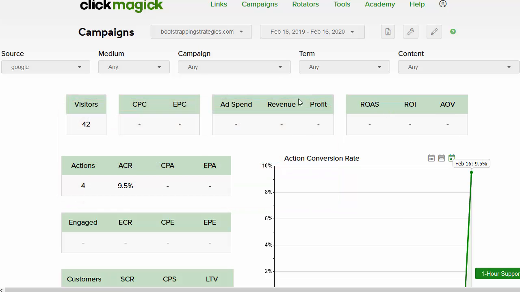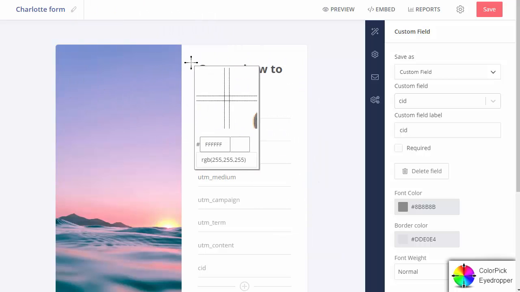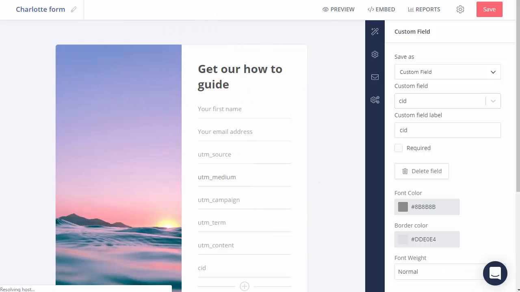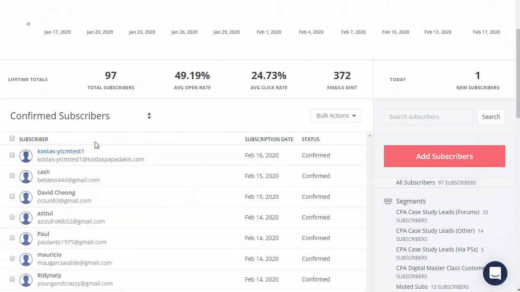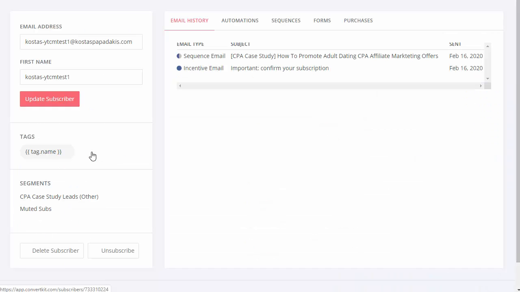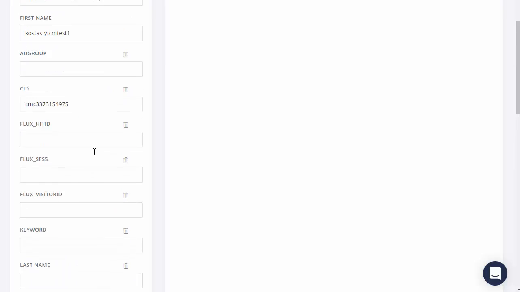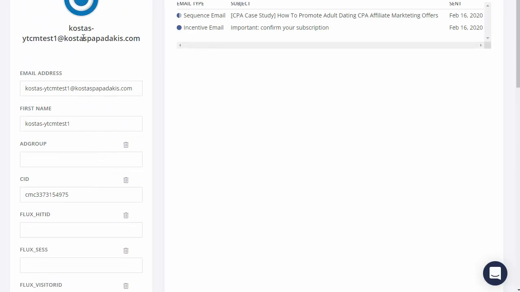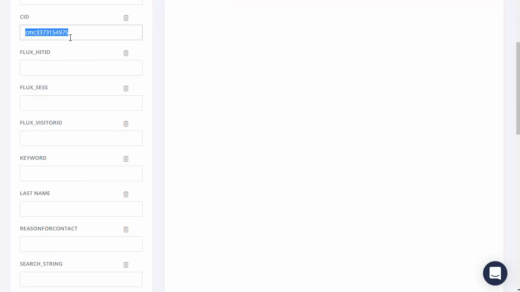So that's how the campaigns would track it, but the most important thing is to make sure that these values now are in your ESP, email service provider. So if I go now, you will see this is the test email I used, and this is the subscriber record, so that's the email address, that's the name, that's the click ID value which I use